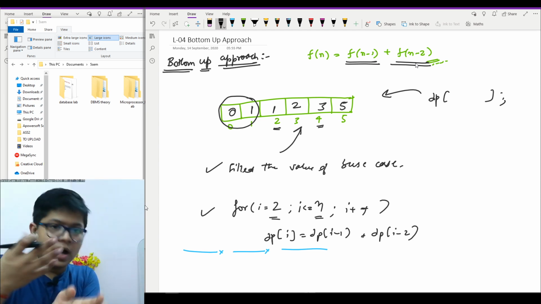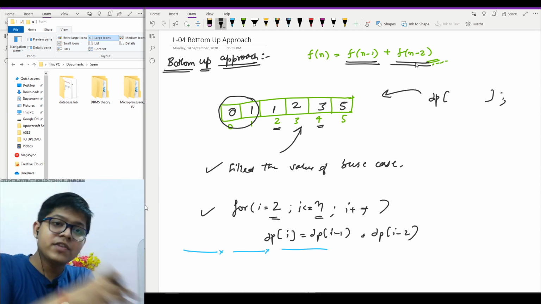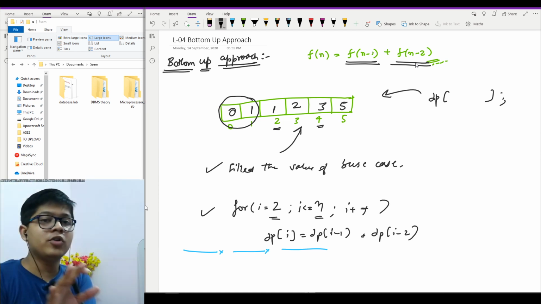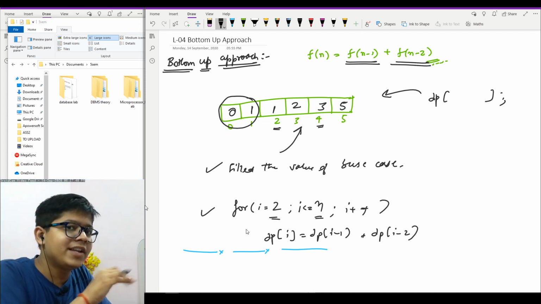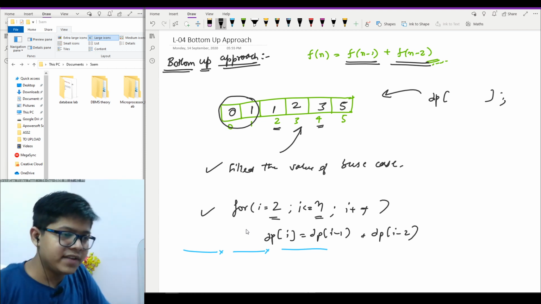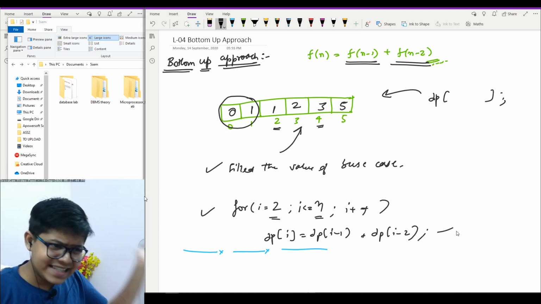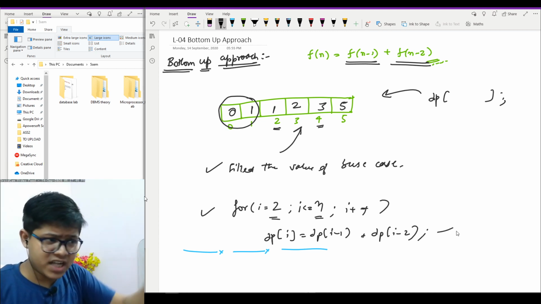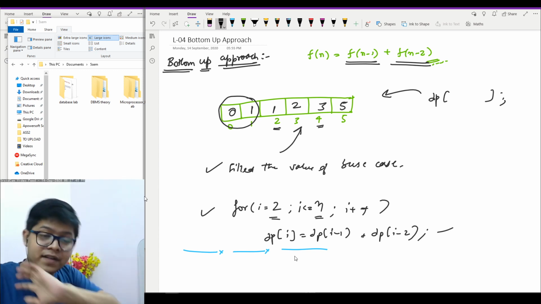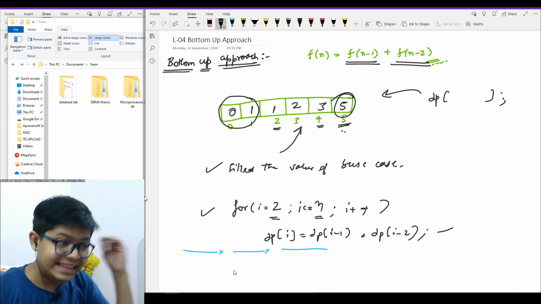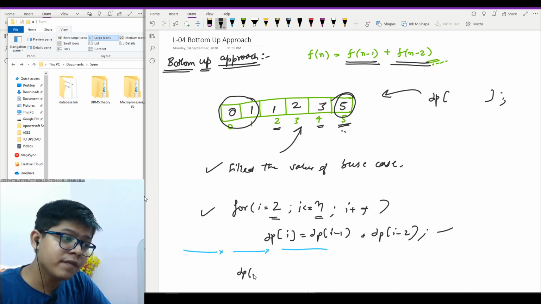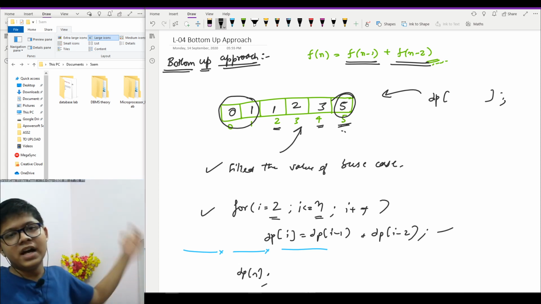So I always know that smaller values will always be computed before reaching the larger value. So I will use those smaller values to find the answer for the larger value. It is a very basic thing, and you finally know that your answer would be stored at dp of n, and that's all.